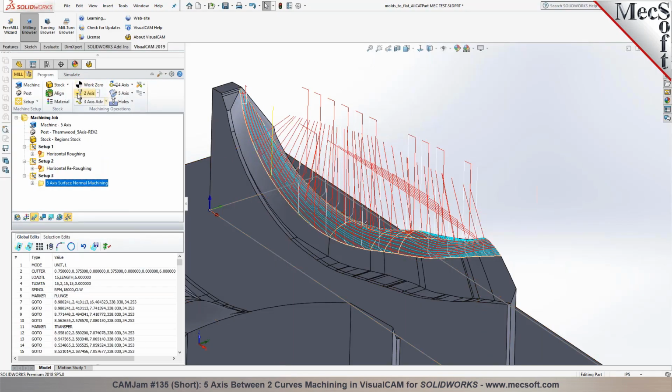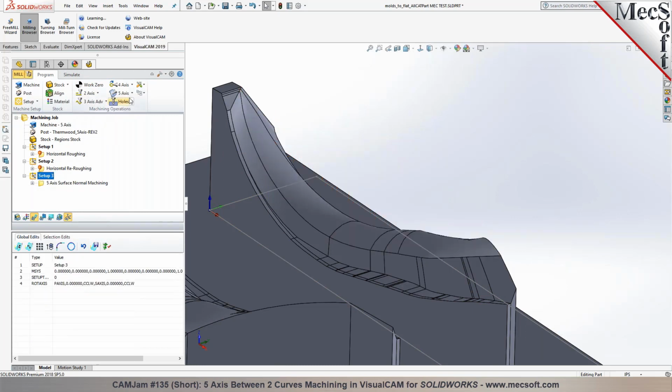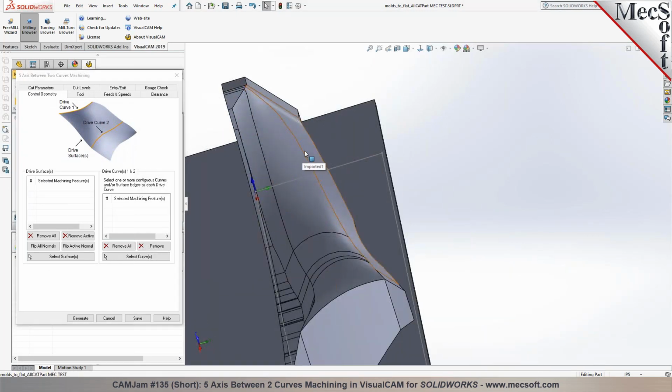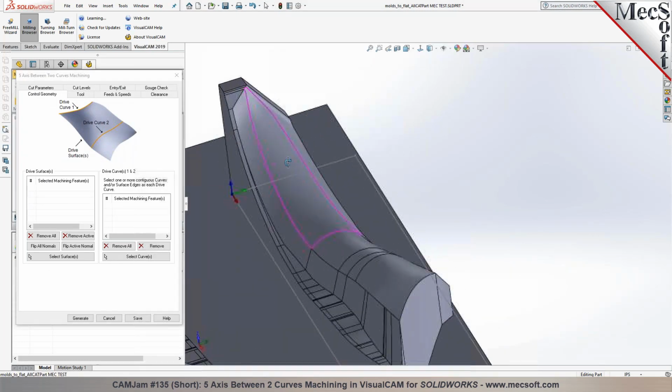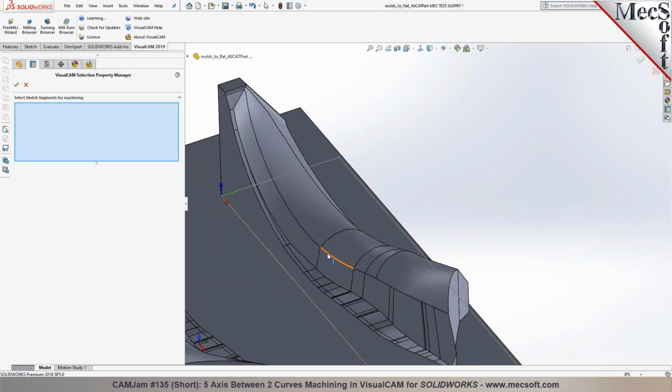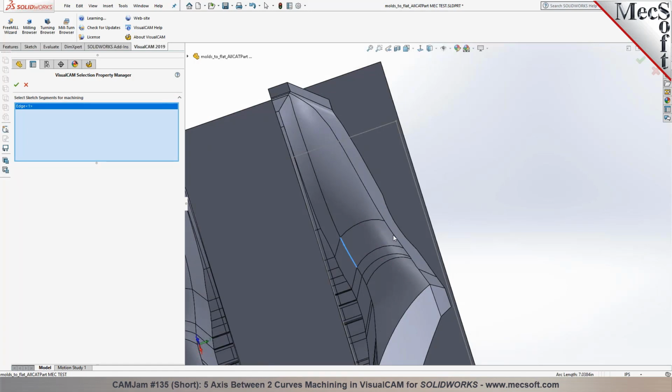Okay, how's that different than a flow? Yeah. We have different types of 5-axis methods here, so we could do a between two curve. We have different ways how we can program these in here. So, for example, I could select these two curves. I can pick these two here,